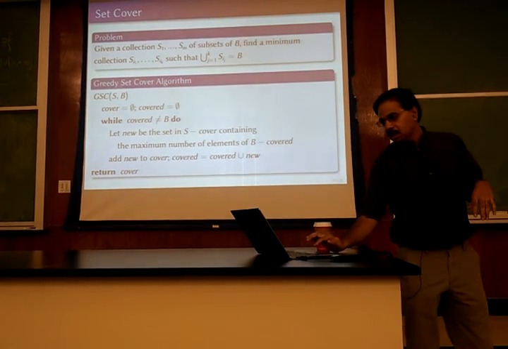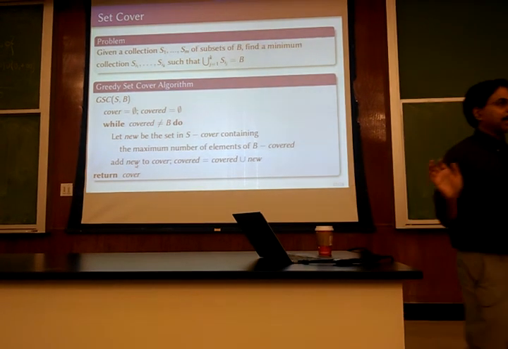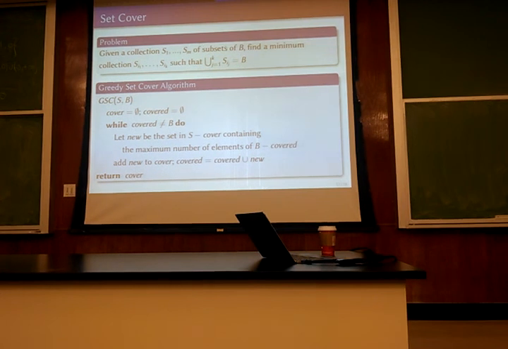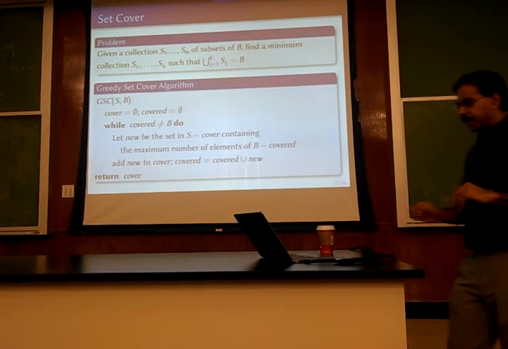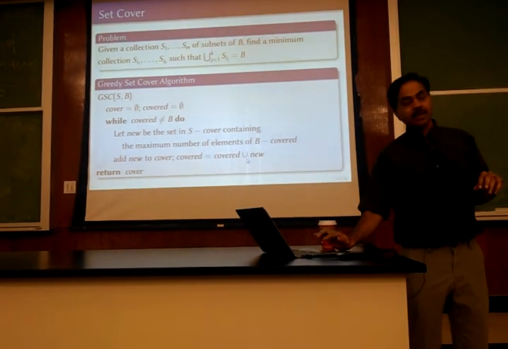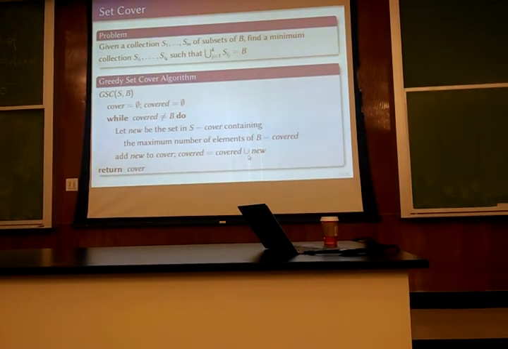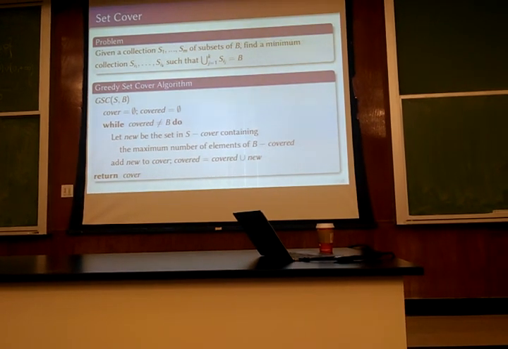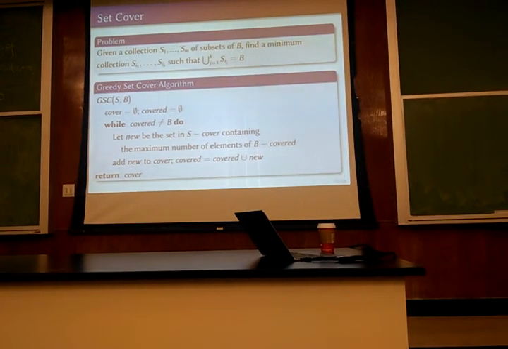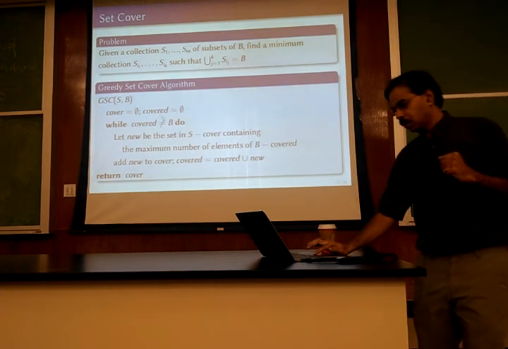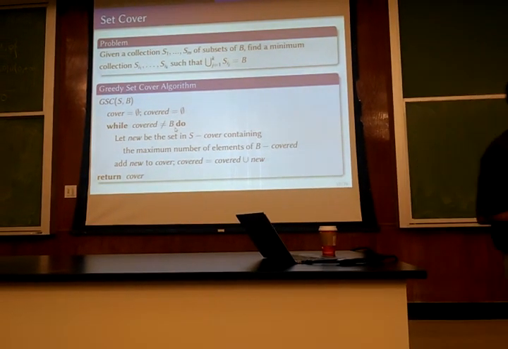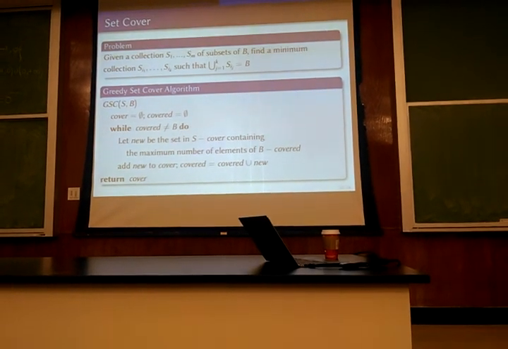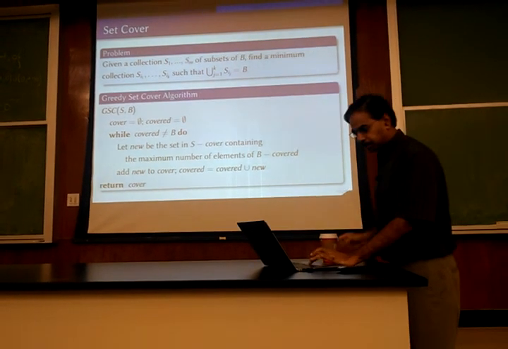Okay? So then once you pick that new set, you're going to add that new set to the partial cover that you have built up, and you're going to add all the elements in that set to the set that is covered, right? And then you're going to repeat this until the covered set equals B, right? So that's this loop. While covered is not equal to B, you continue this, right? So it's a very simple algorithm for doing set cover. So let's